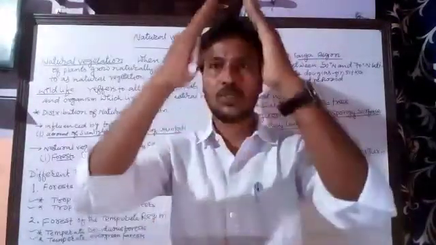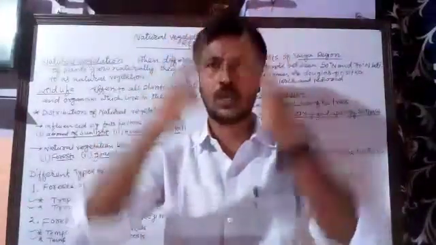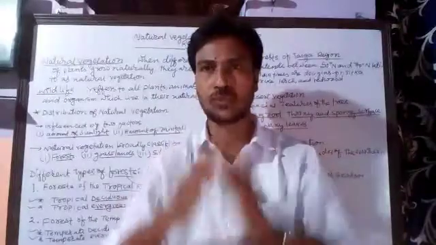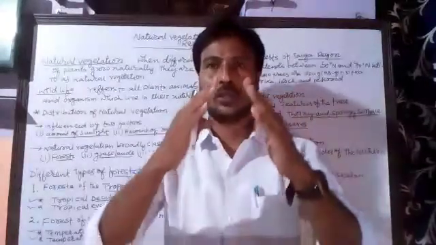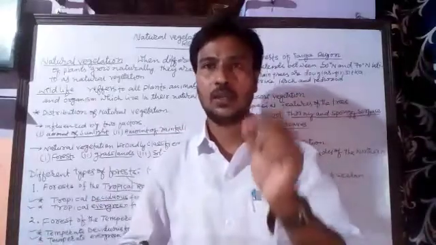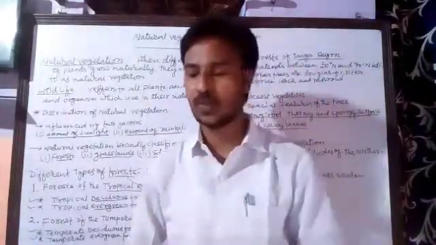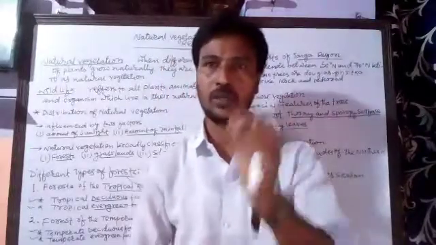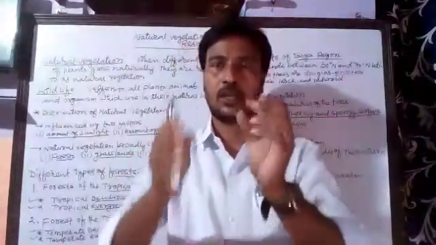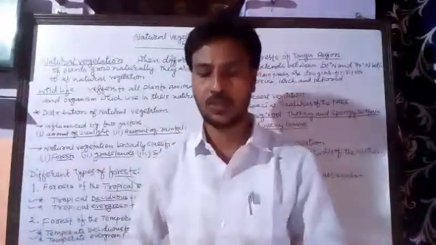So why? Because in this area there is snowfall, because they are at a high altitude, and during the snowfall the snow easily slides down through these trees, and that is the specialty of these trees. So in the taiga region coniferous forests are found, and they are conical in shape, they are straight, and their leaves are like a needle, very thin.